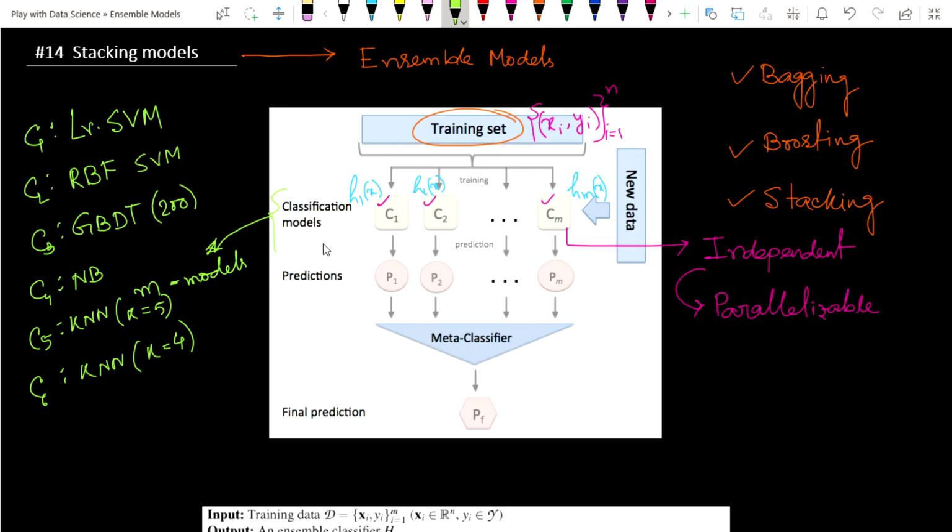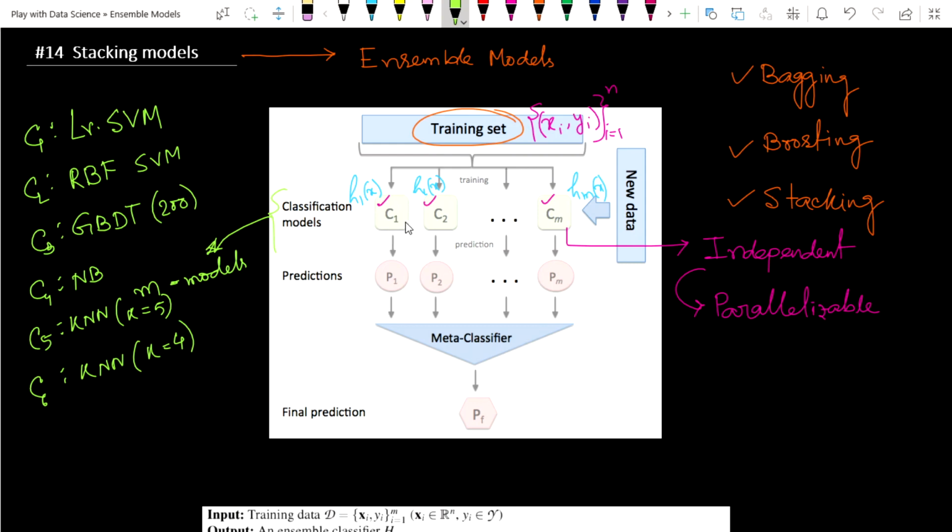So here the base models are totally different from each other, and we have trained these base models independently by using these training data sets. This is the first concept of stacking. Now, in the second stage, after training the base learner models,